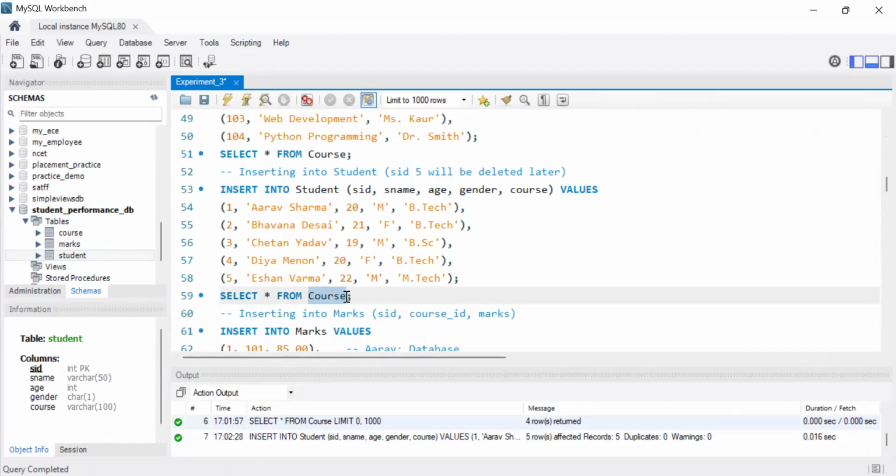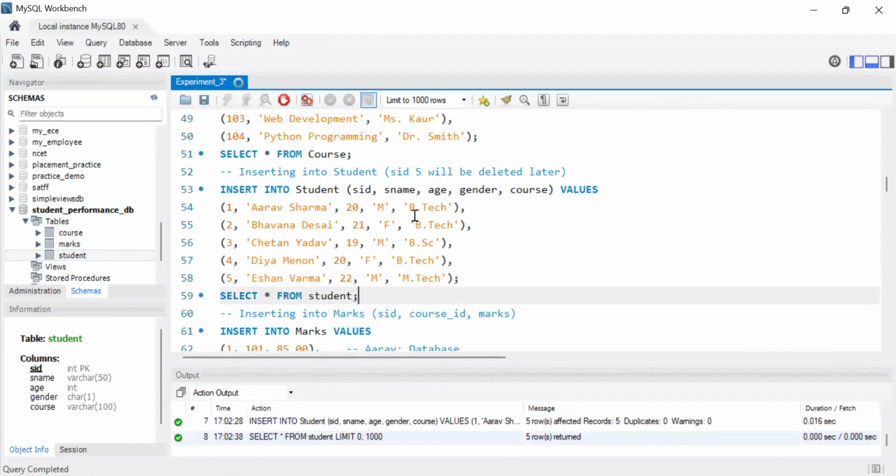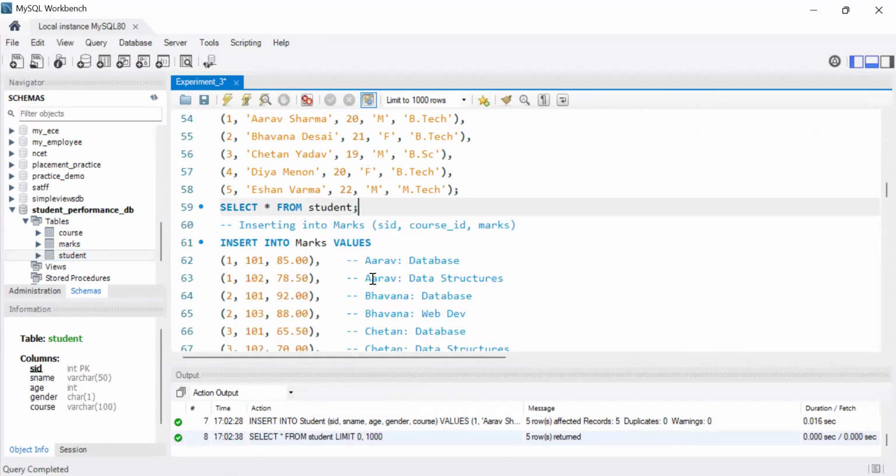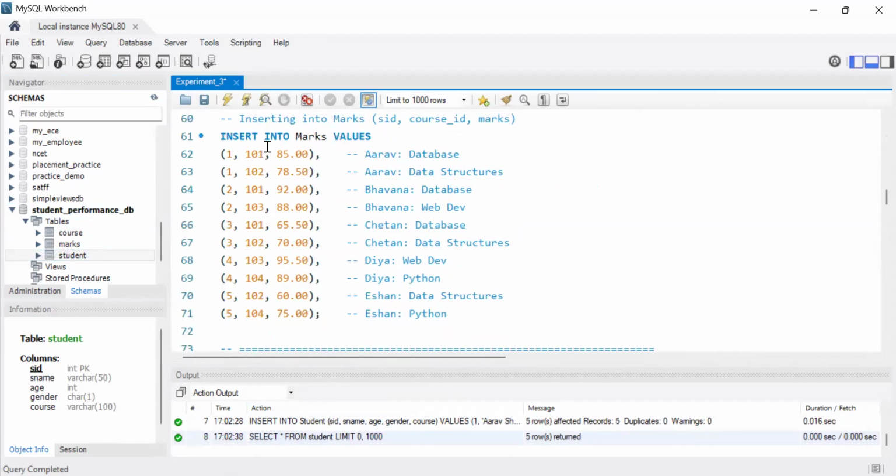You want to check it? So simply, I will perform the query on student. Then I will run it. You will get the data inside the table, the same data. Now similarly, I will insert some